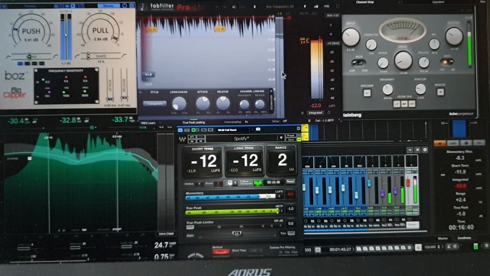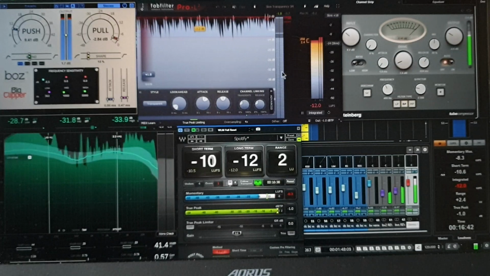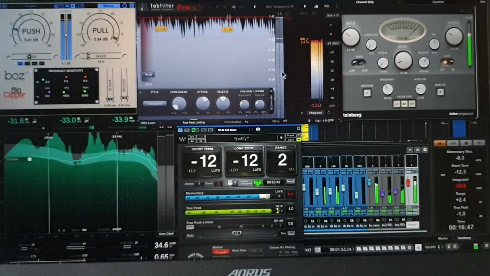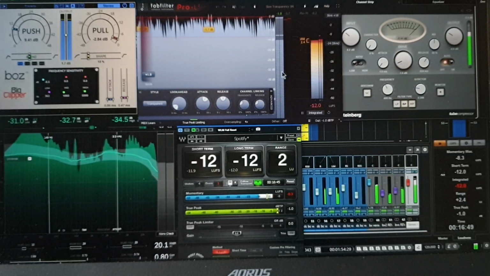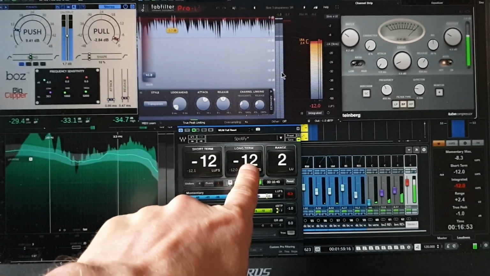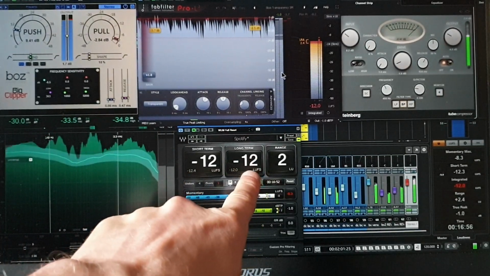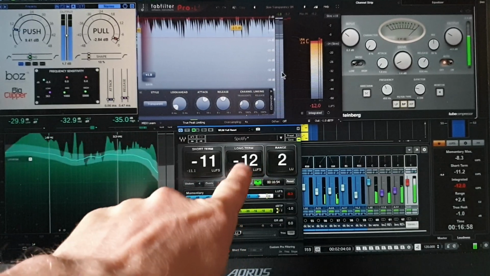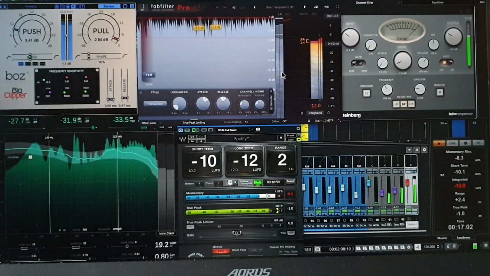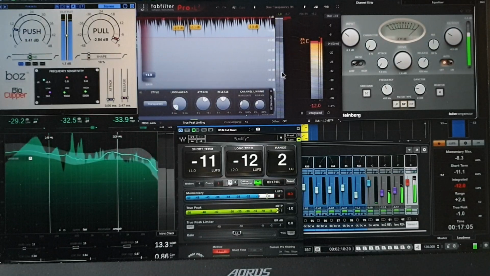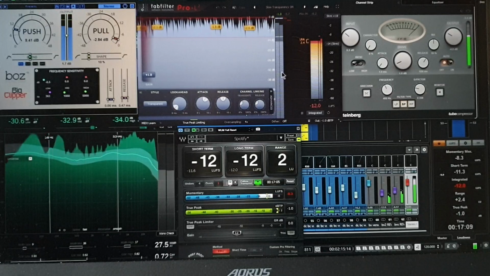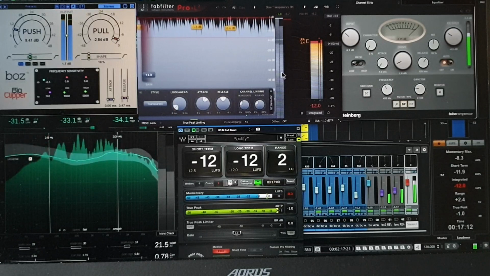13 sounded alright, which has brought me to the conclusion that for me personally, if you want a wee bit of perceived loudness and you don't mind these different companies pulling down your music a wee bit, I'm going for 12. I think 12 will be alright. I think it sounds okay. 13 sounded alright. 12 sounds okay. 8 didn't. I didn't like it.